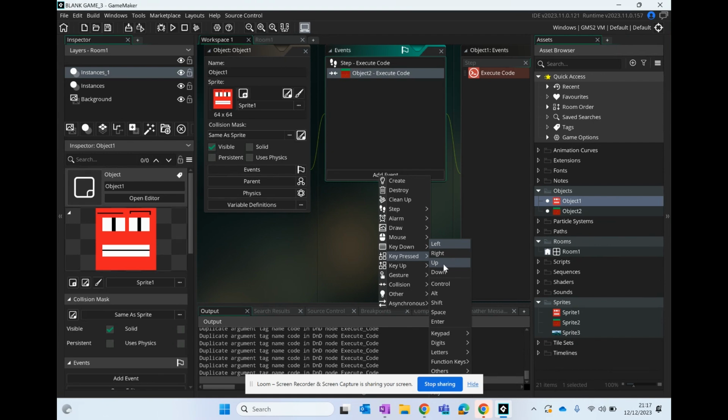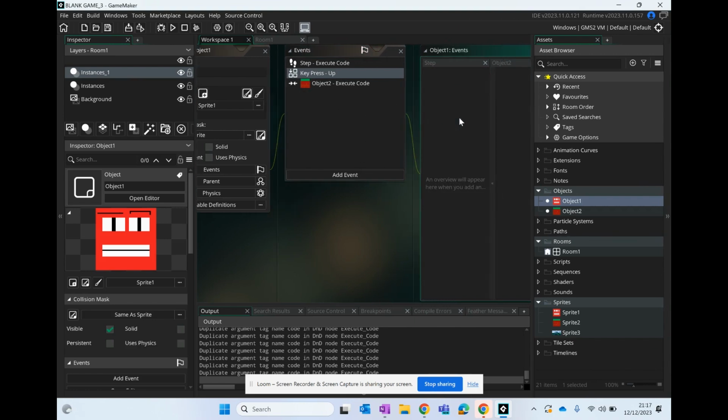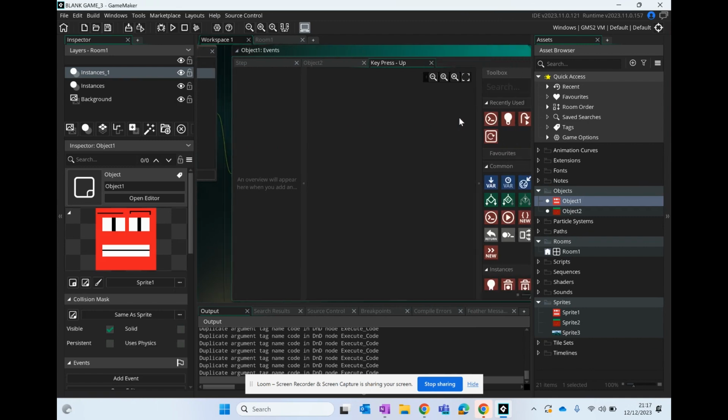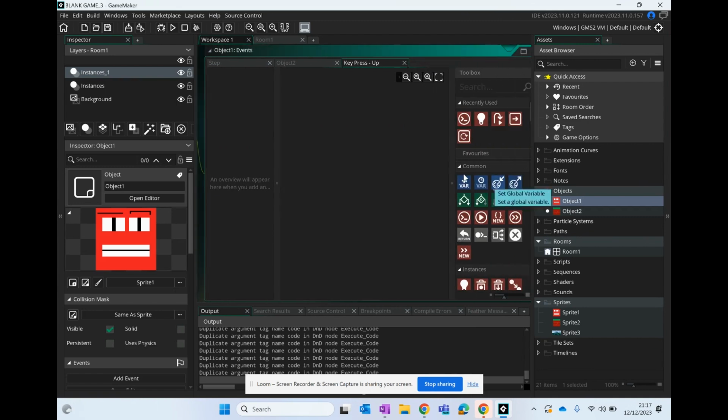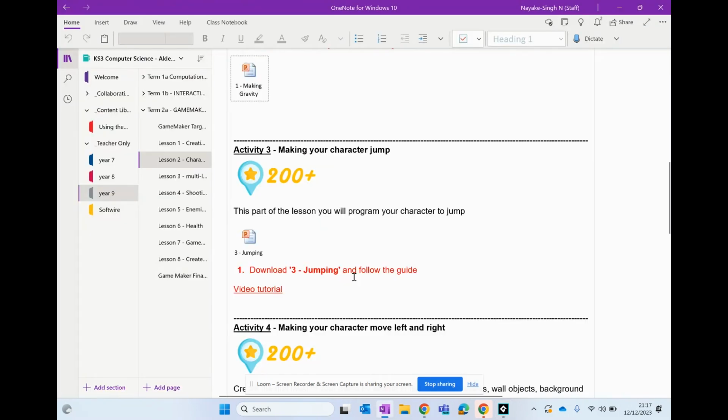So click on up, and that means we now have a new section that we can program in. We scroll to the right to look at all of our tools, and as we used before, we're going to use the execute code section. I'm going to drag that in there and move across again, just as we've done before. Now to program the up key, I've created a code for you in the jumping section. So when you double click on this,